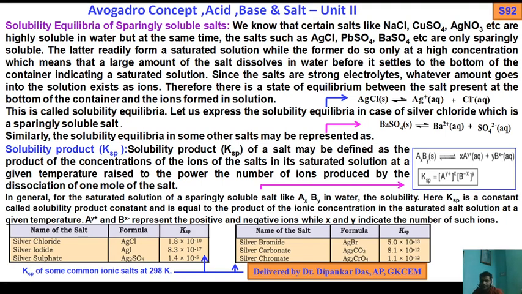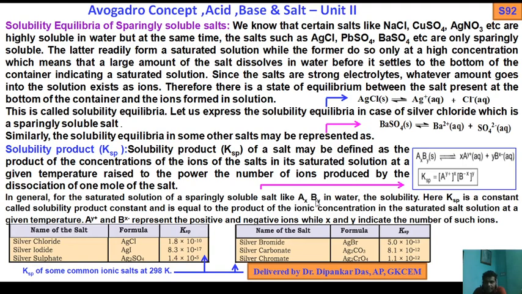So Ksp equals the molar concentration of A^(y+) to the power x, multiplied by the molar concentration of B^(x-) to the power y. So that is the Ksp: [A^(y+)]^x [B^(x-)]^y, where